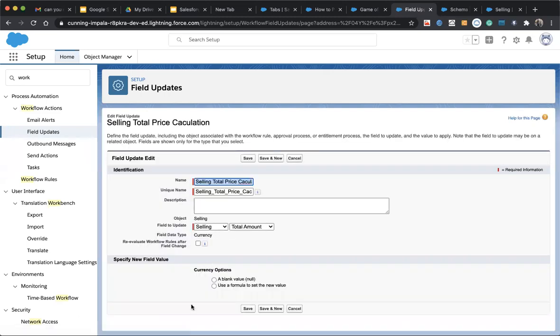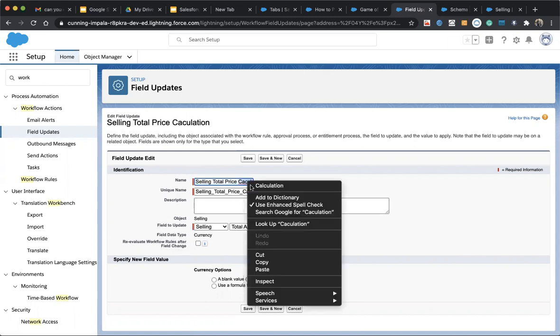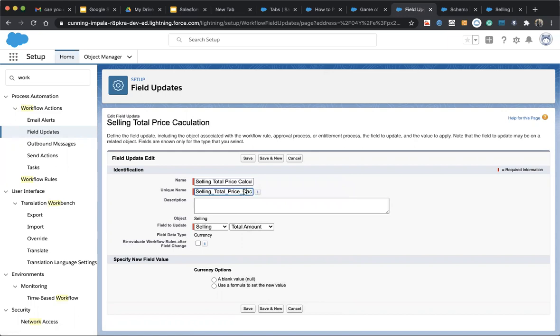Okay, whenever you choose that, it will ask whether, when the field is updated, we need to do a re-evaluation of the rules or not. So we will leave it blank, and thereafter it asks what should be the new value for this field.